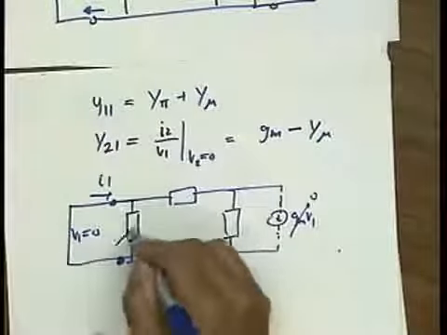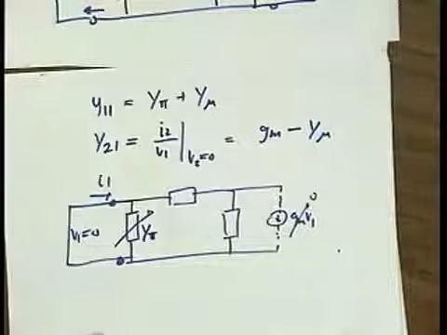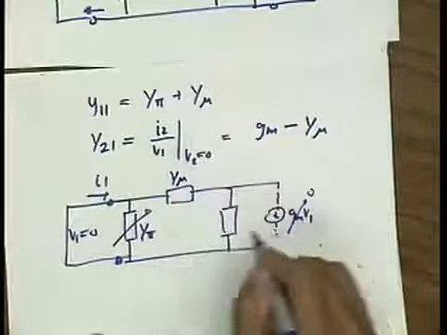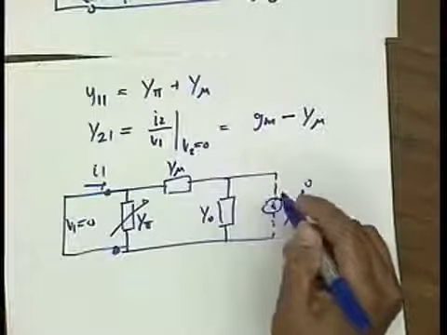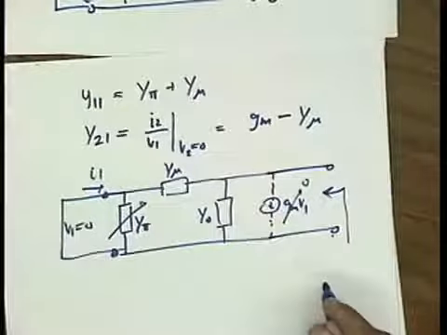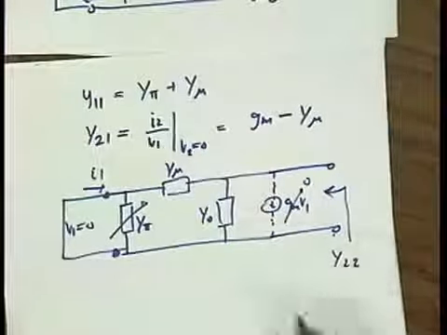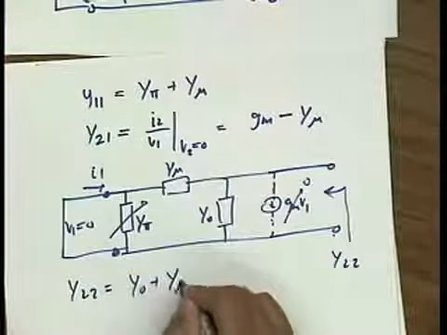And because I've shorted this out, I can also forget about Y pi. It plays no role. So I simply have Y mu and YO, and from port 2, if I look in, that's Y22. So Y22 is simply YO plus Y mu,